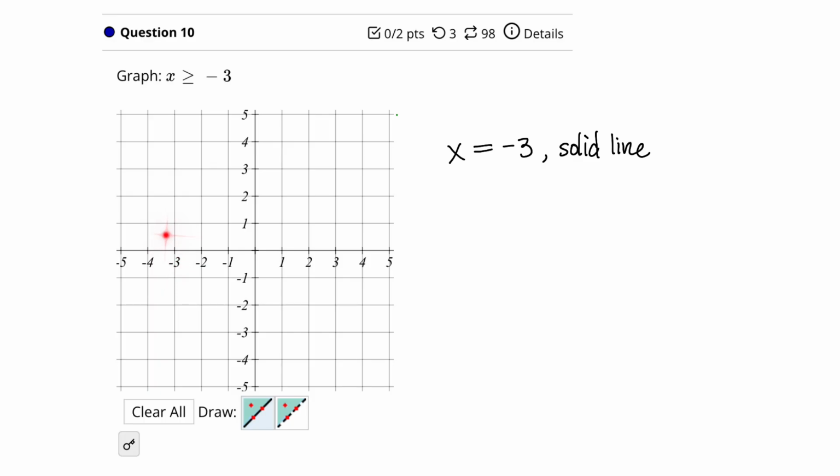-3 and go up 1. -3, go up 4. -3, go down 5. Whatever. But x has to be -3. Okay, so your graph with a solid line, pretend that's actually on the line. And it was solid line because of the equal sign. That's what our graph looks like. Okay, there is no y, so it will never cross the y-axis. Okay, it's a greater than. So with these, it's